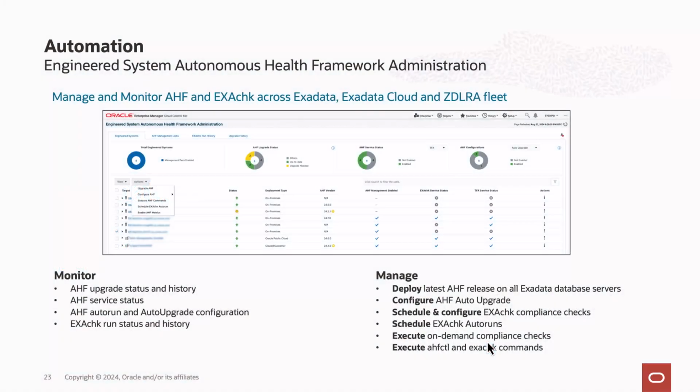Exacheck is something that is executed frequently on our Exadata machines. It helps to identify vulnerabilities and other issues on the Exadata and the Zero Data Loss Recovery Appliance. What we have provided are automation to manage and monitor the AHF configuration. We have provided features to deploy the latest AHF release on all database servers, including upgrades of configuration and AHF